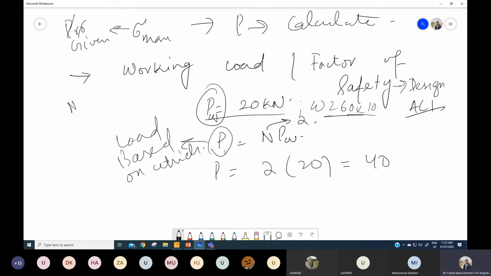column. And this P factor is greater than PW by a factor of N, which is called the factor of safety. This factor of safety is usually specified either by the client, or if not, then as an engineer or designer, we need to look into different codes. For example, ACI, and there are some other codes as well, which specify how much N factor you have to use based on the site condition, section requirement, loading requirements, and some other factors. So this is the concept of working load and factor of safety.